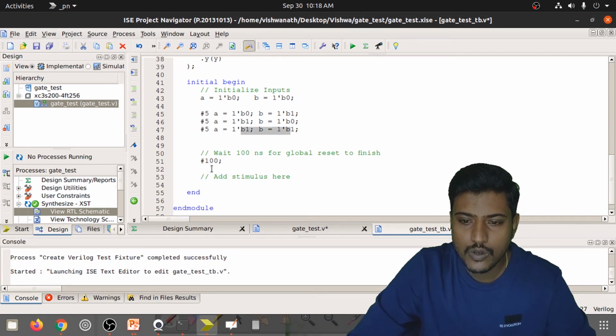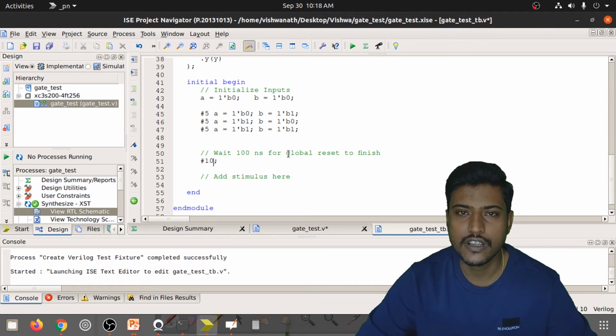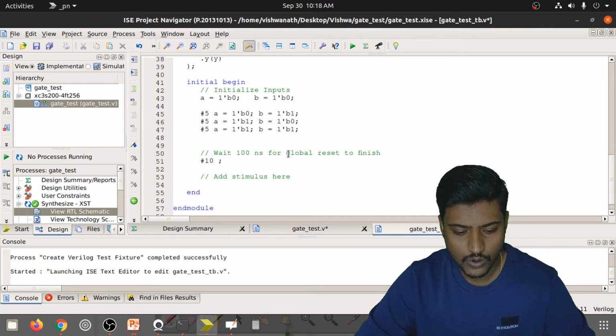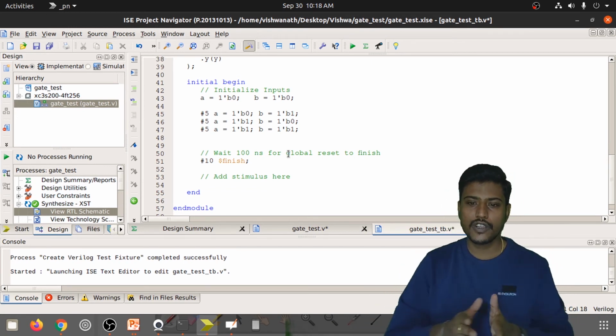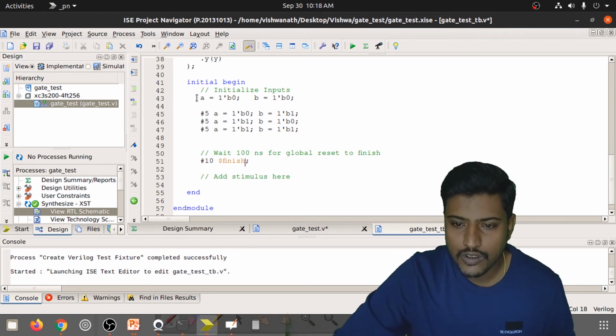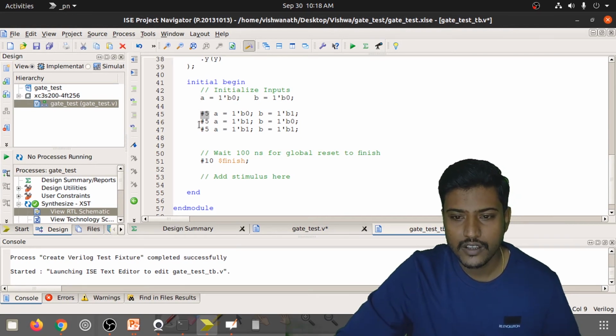Okay. So how much time? Here I need to specify, after this you give some 10 nanoseconds and then it has to finish off. So I need to give this something called $finish. You can observe over here, this is for 0, and then 0 plus 5 is 5, 5 plus 5 is 10, 10 plus 5 is 15, and then 15 plus 10 is 25.